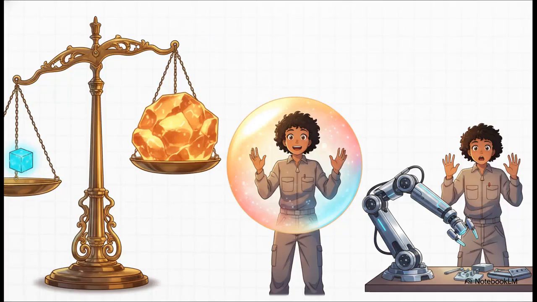But here is the absolutely crucial point for your evaluative judgment. Does this intervention actually work? To get top marks in your thinking, you have to weigh both sides. Remember to say, however, this depends on the scale of the intervention. A small bump in the minimum wage might have totally negligible negative effects, but a massive, sudden increase could really shock the economy. Furthermore, you can point out that in the short run, government intervention successfully protects workers and raises their immediate living standards.